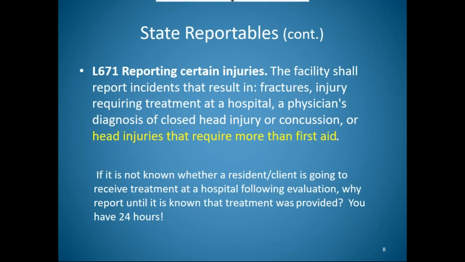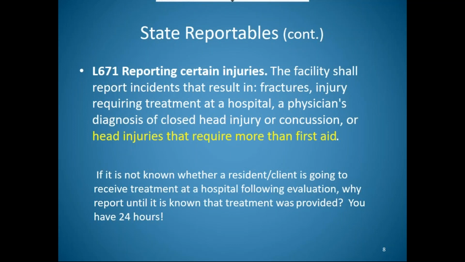So the head injury seems to be the biggest issue. A long time ago, it was actually just 2 or 3 years ago, OSDH redefined what a head injury is. And it seemed to decrease the number of incident reports that were being reported according to head injuries. Unfortunately, those are starting to creep back up again because there may still be some confusion out there about exactly what a head injury is.